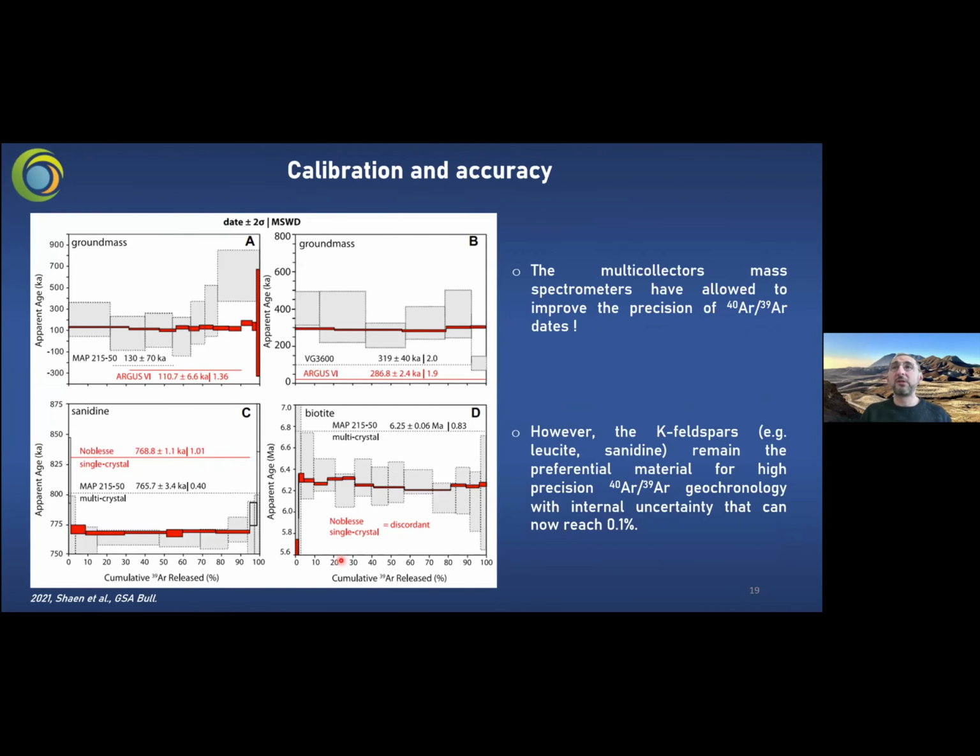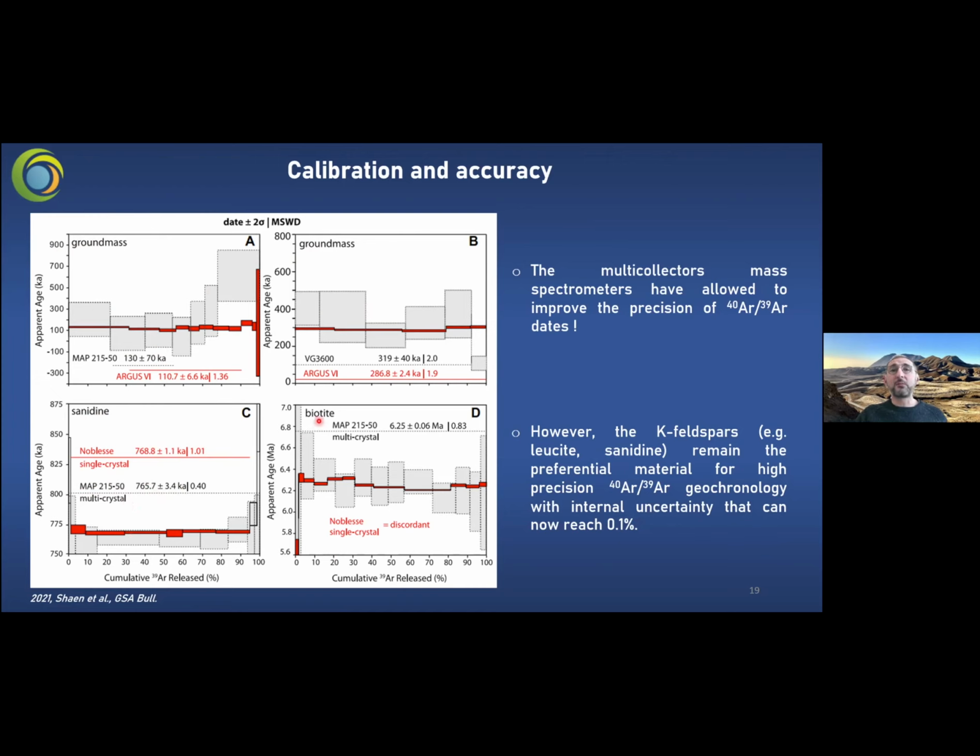So this is what I wanted to show you. It's what could have been done 10 years ago and what we could do now with a multi-collector mass spectrometer. The precision in red here and in gray compares measurements made on the same samples with a monocollector machine and with a multi-collector mass spectrometer. For instance, this is mesostasis. This is for sanidine, which is relatively close to the loose material boundary. You could see the difference between a machine that is a great machine, but you could see the precision that you have, which is about 3 times better with a multi-collector mass spectrometer.